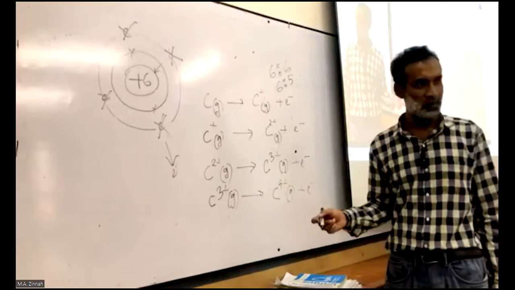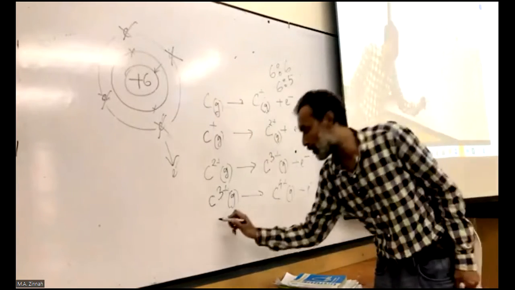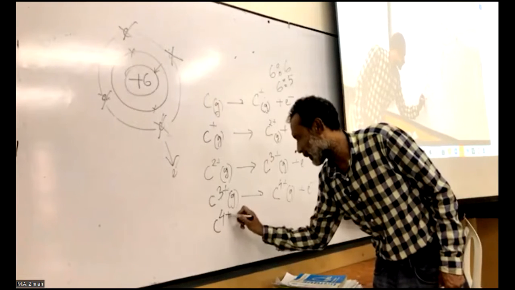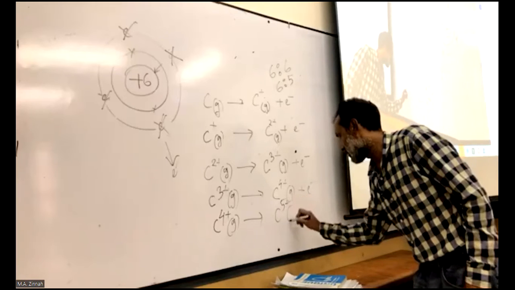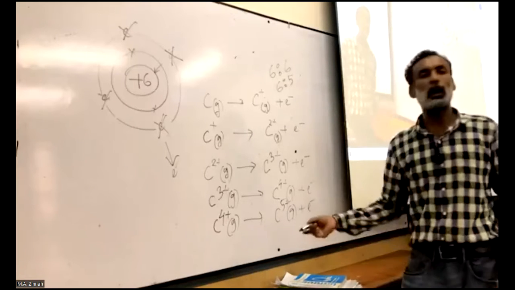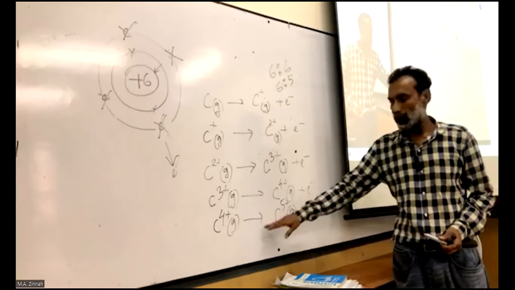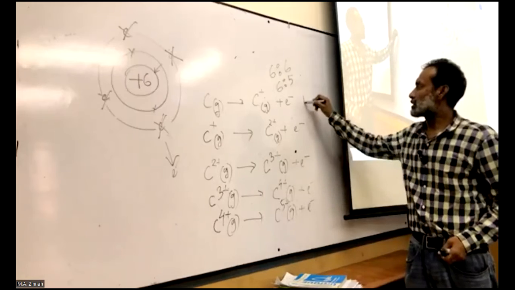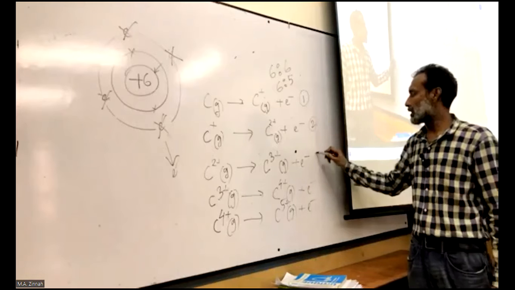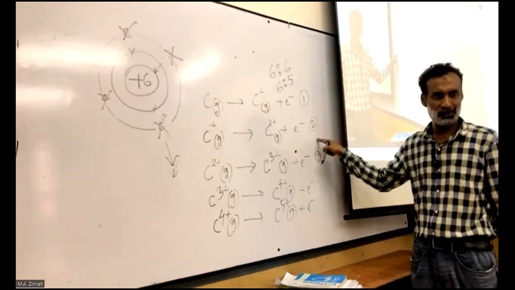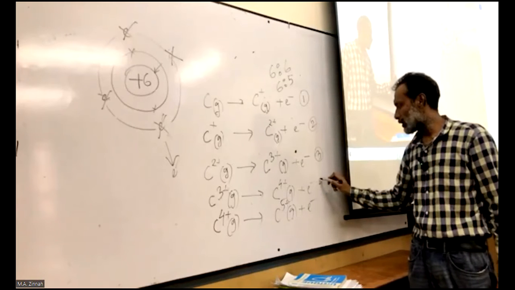Now the next ionization. How many more ionizations could be possible? Two more. This is C4+ and still gaseous. Remove an electron, and this will form C5+ gaseous and electron. And how about the ionization energy of this ionization? This will be greater than this, right? First ionization is the lowest value, and second ionization is greater than first. Third ionization is greater than first and second. Compare separately with the first one, with the second one, greater. And the fourth ionization will be greater than